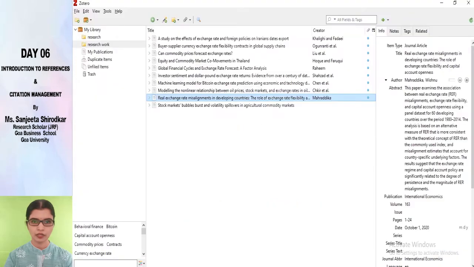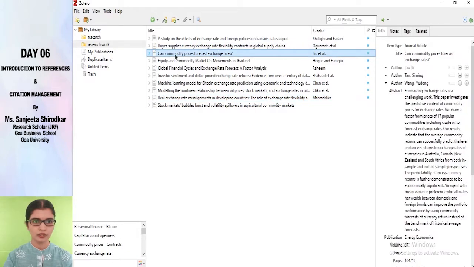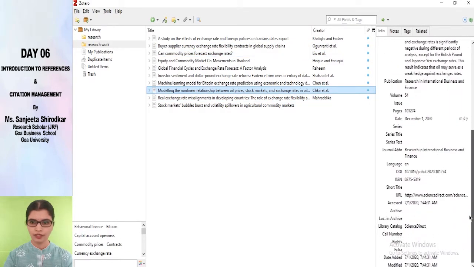Let's get back to Zotero and you would see here. See, so many research articles have been pulled into our folder. And again, I'm reminding you that none of the citation tools is free from error. So you double check the details which have been filled and ensure that it has been perfectly filled. So this is how, I just made you familiar with the ways in which you could include your references into Zotero.